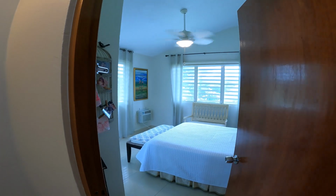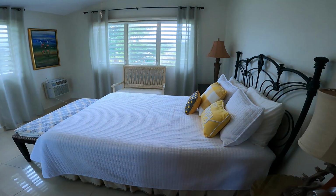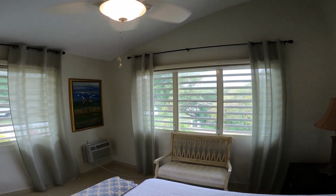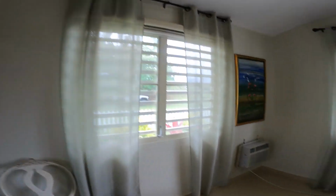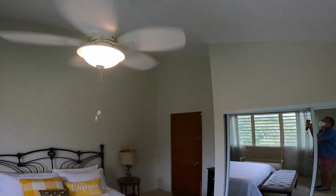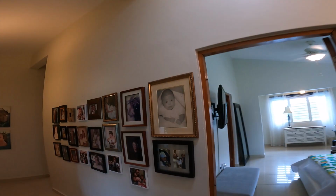Back here is another bedroom. Looks like it's probably a queen size bed in here. Views to the west and the south. Closet. AC here is an in-wall unit. Again, the same tile floor. You can see the slanted roof. And then across the hall,